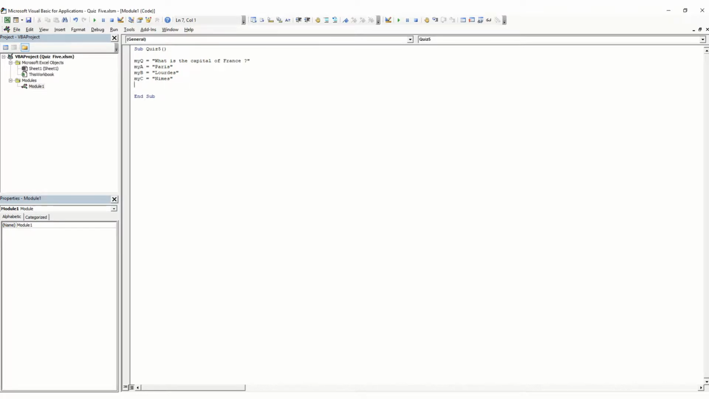I believe the correct answer, which I'll call my correct, is A. Now I'm going to display this on a form. So because I'm going to display it on a form, I'll need to make these variables available outside of just this sub, this program. So I'm going to dimension each of them as public, my Q as a string, and